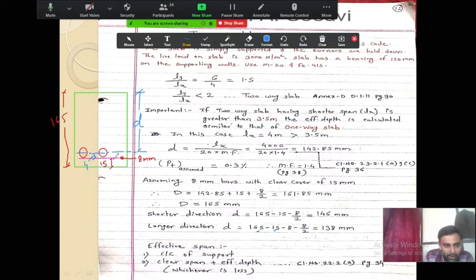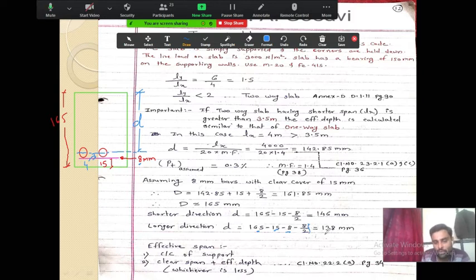From that, again I have to minus this bar, because this bar is from the shorter direction, not from the longer direction. So if I minus this bar, the diameter of this bar is 8 mm. So this is 8 mm again. And after that, from this point to this point, whatever distance, I need to minus this distance. So what is this distance? It is 4 mm. 4 mm is half of the bar diameter, 8 by 2. So this 8 by 2 is there.